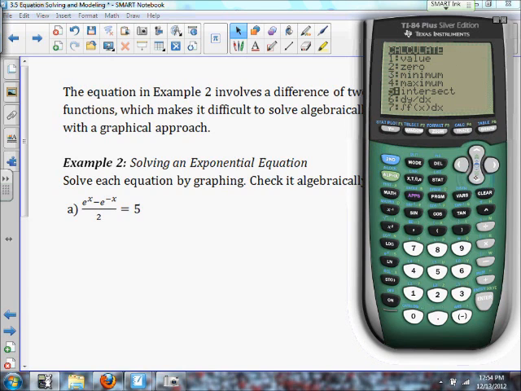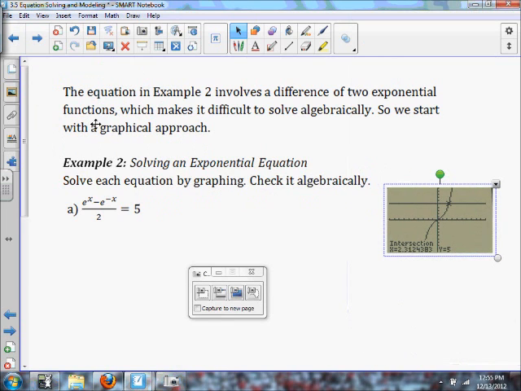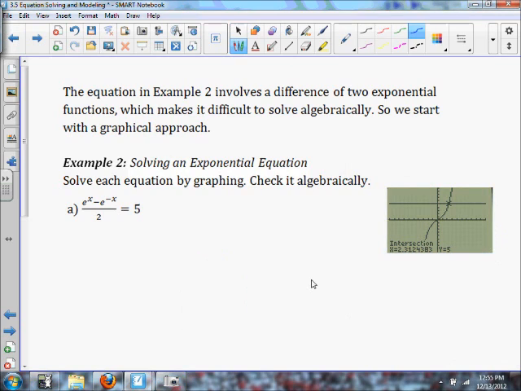All right, if we find our intersection, so second trace, go down to number 5. Find our intersection of 2.312. So the intersection is about 2.312. That's the number that we need to get to. Now, if you got an intersection with something different, check to make sure your entire numerator is in parentheses. It'd be parenthesis e to the x minus e to the negative x, close that parenthesis,